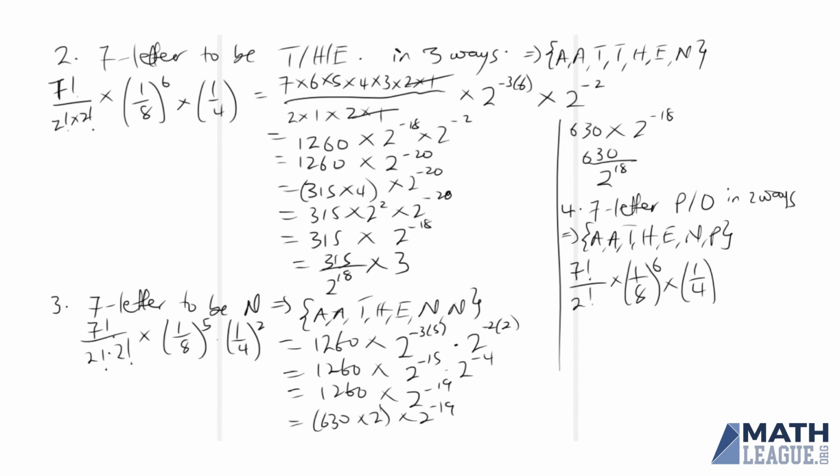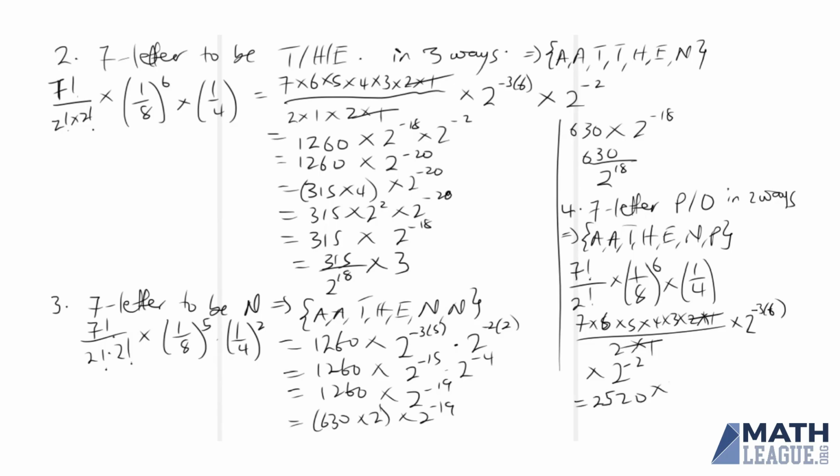Now, 7 factorial over 2 factorial, so 7 times 6 times 5 times 4 times 3 times 2 times 1. Then the 2 factorial is just 2 times 1. Don't forget this is times 2 to the power minus 3 times 6. And also multiplying 2 to the power, the 1 over 4 is 2 to the power negative 2. Now this 2 times 1 will cancel this here. So we have 7 multiplying 6 times 5 times 4 times 3, which is going to be